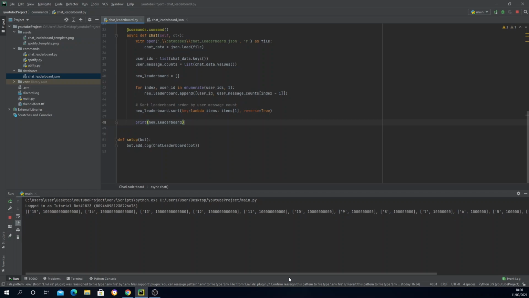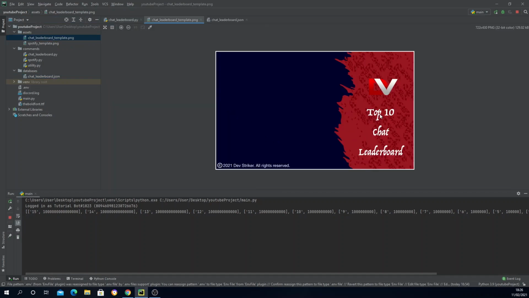Now, there are 15 users, but if you recall, my template says there is a top 10 chat leaderboard, meaning that only the top 10 people will be listed here, so not all of them. Technically, you could fit them, but in this case, I just wanted to show the top 10 here, basically. So let's go ahead